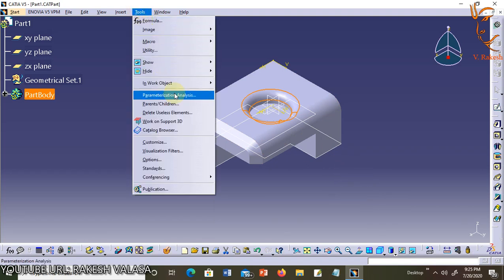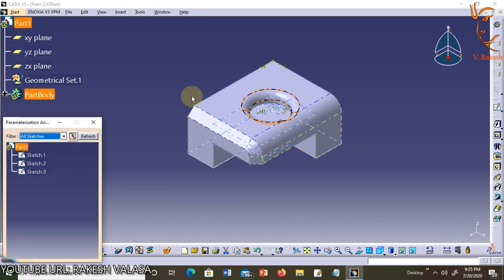Next option is Parameterization Analysis. This is another powerful document analysis tool. The Hide tool allowed you to visualize different types of entities. This tool allows you to list all the different types of entities.